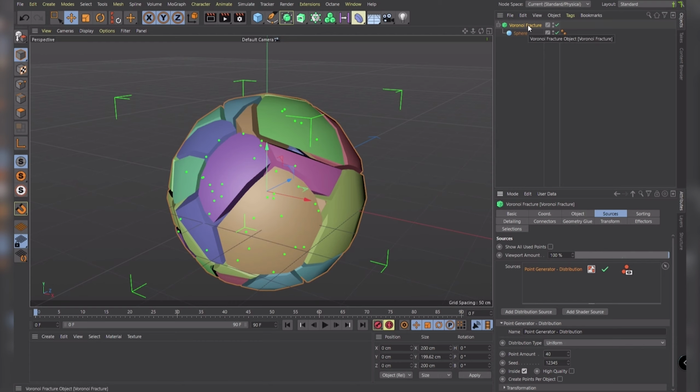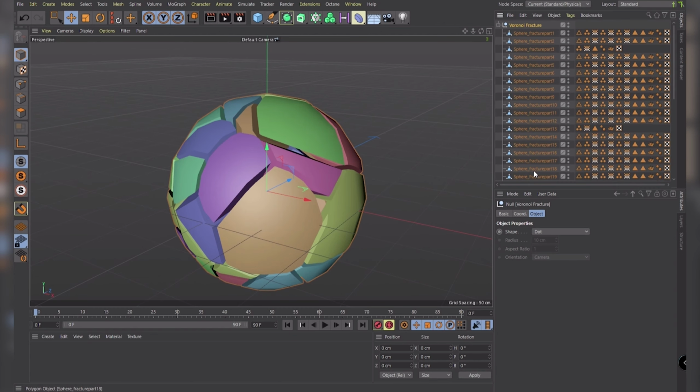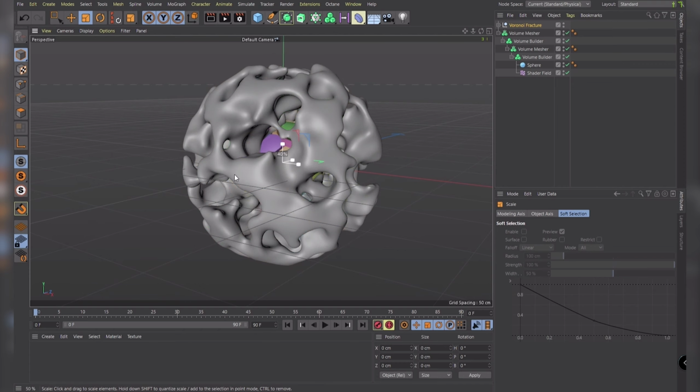So when that is set up, make sure you have the Voronoi fracture selected and press C to make this editable. That gives us all these 40 parts inside of there. And we're just going to copy this to the original document. So we can paste this in here already. But of course right now this is way too large, so we're going to scale this down, maybe to something like 10% of the original.